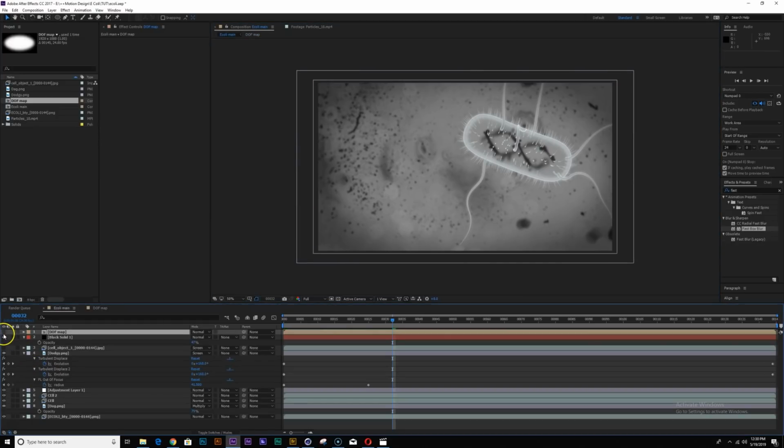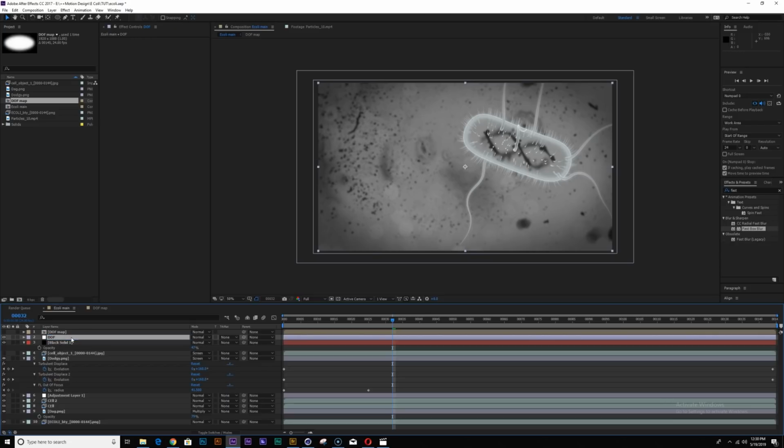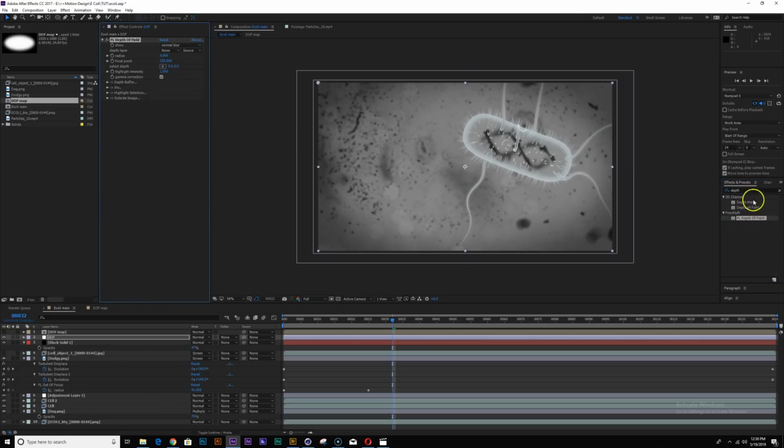Let's go back and create an overall adjustment layer. I'm going to call this my depth of field. Again, this is another third-party plugin from Frischluft. I think you can use the lens blur for this as well. You can just pick the map, and let's see.